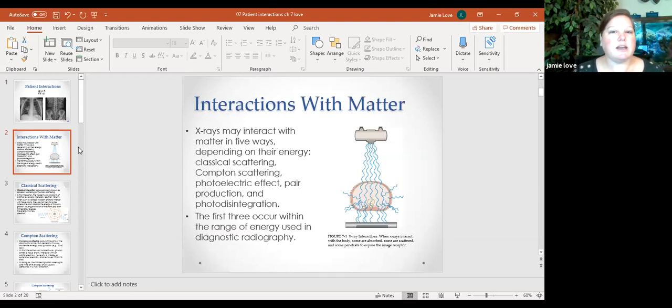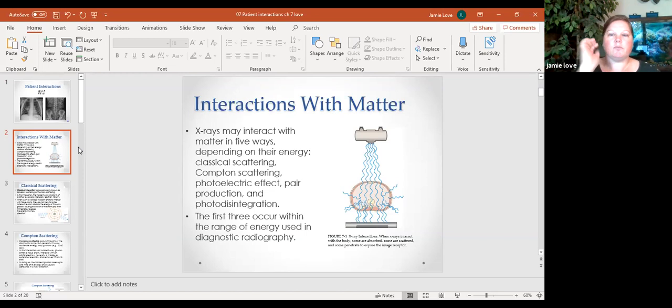So 5 different things can happen when X-rays are going through and interacting, depending on their energy: classical scattering, Compton scattering, photoelectric effect, pair production, and photodisintegration. The first three happen within our diagnostic range. The other ones are way, way high, outside of the energy level of what we're going to be using in